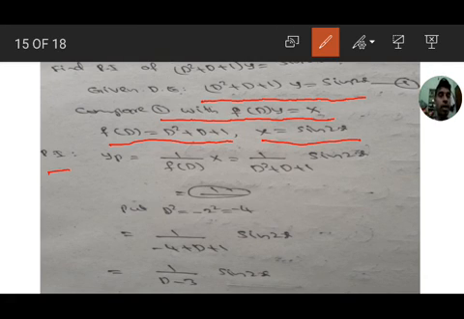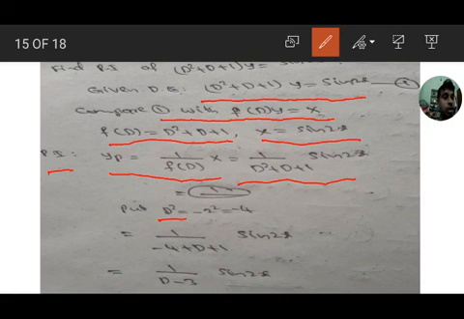So particular integral PI = yp = 1 by f(D) X, that is 1 by (D² + D + 1) sin 2x. So substitute D² = -a². Here a = 2, so -2² means -4 in place of D². So if you substitute, 1 by (-4 + D + 1) sin 2x,